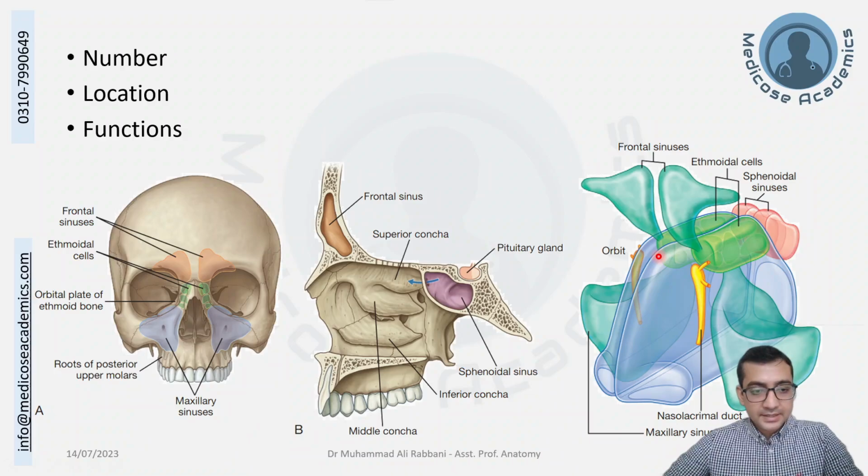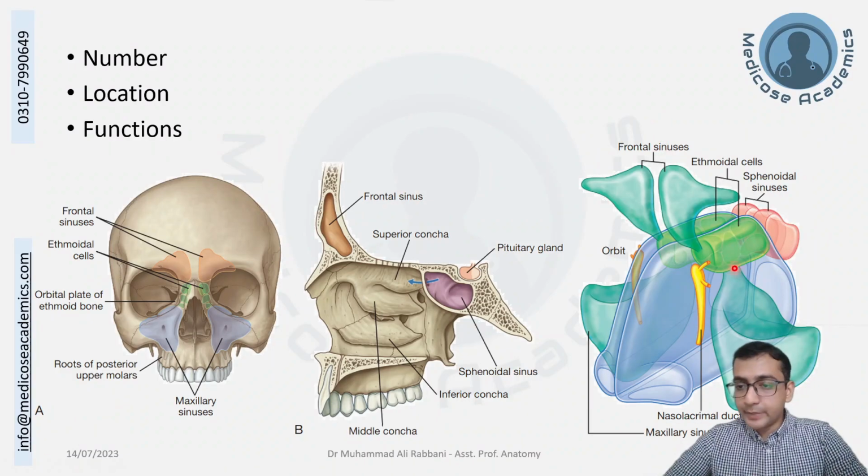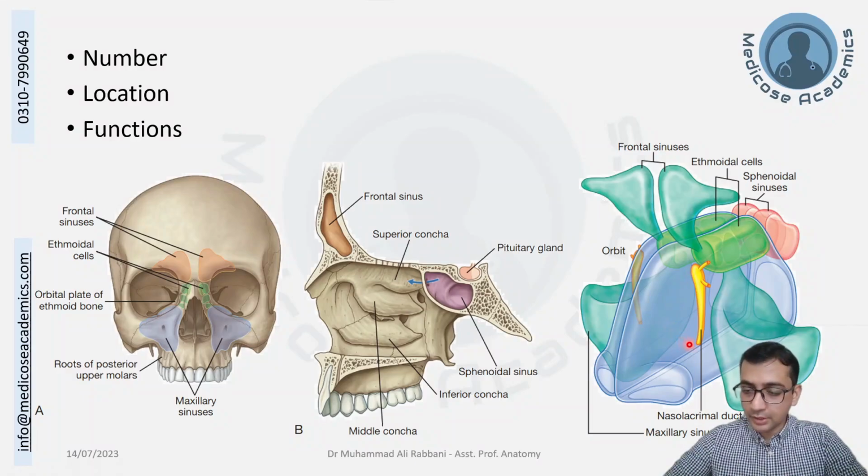The nasal air sinuses are lined with respiratory epithelium, and the epithelium produces mucus. It has cilia that beat, and they bring the mucus to the opening of the sinuses into the nasal cavities. And the function of these is to